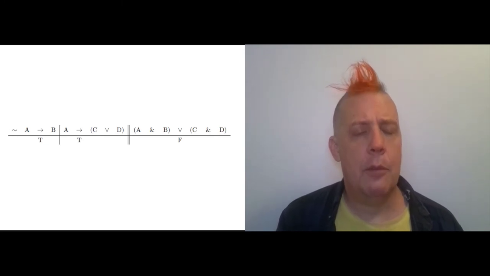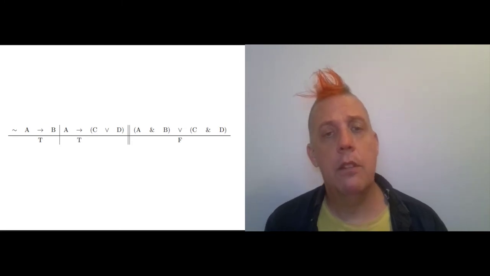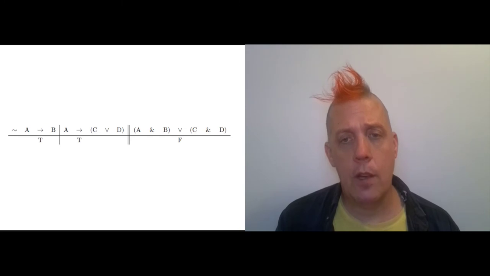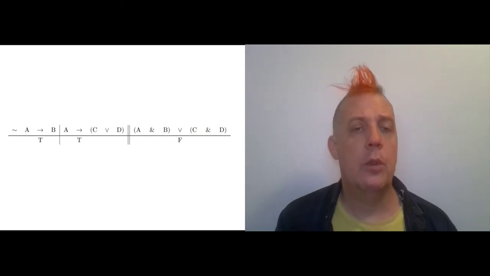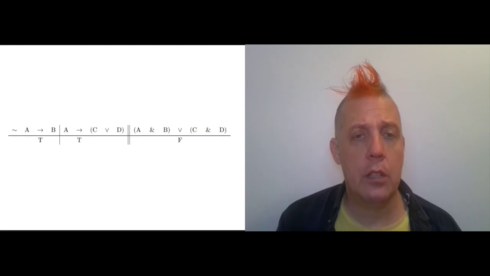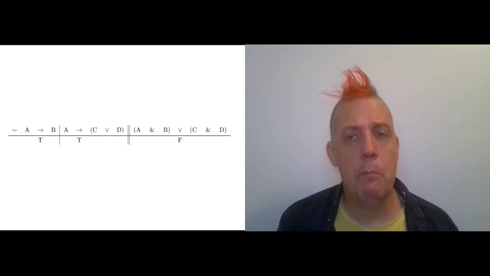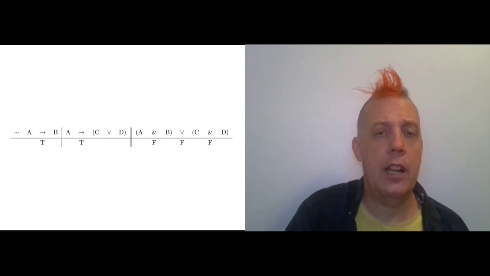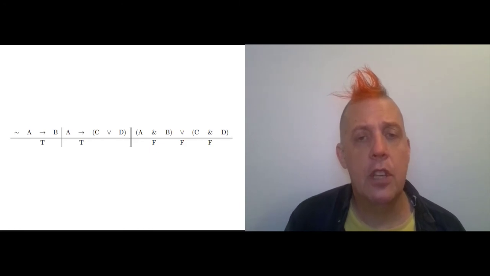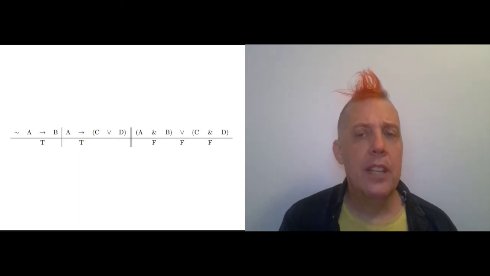Not A implies B. A implies C or D. Therefore, A and B or C and D, right? We assume the premises are true and the conclusion false. This is just how we start out any indirect truth table. We start from the main connectives and work backwards. Again, we've got a disjunction that is false, so we can make the two sides false. A and B is false, and C and D is false. But now we've reached